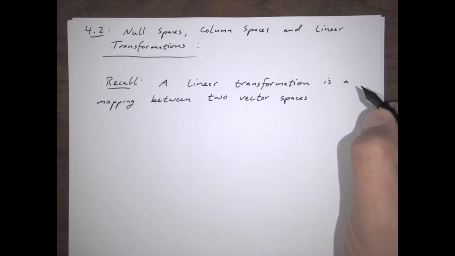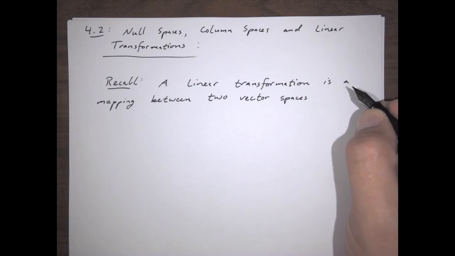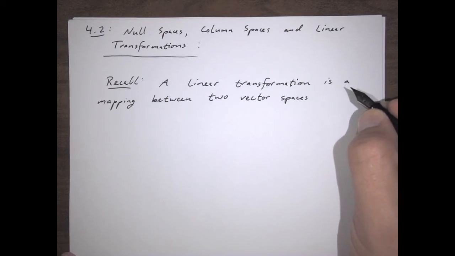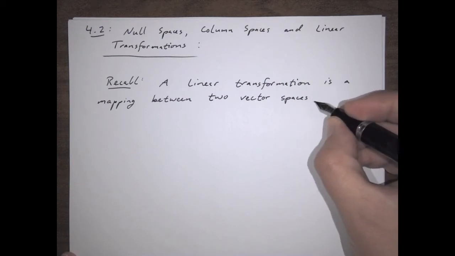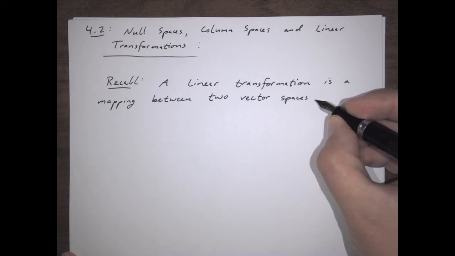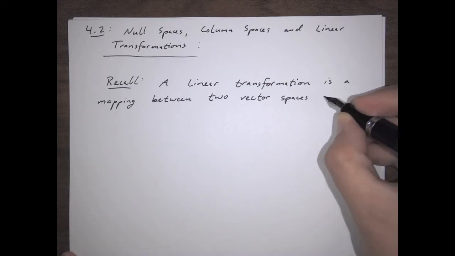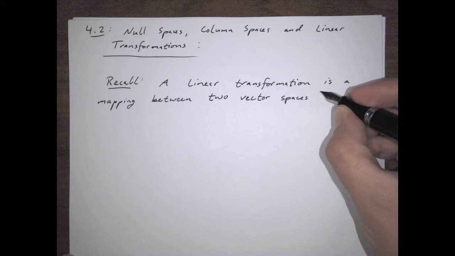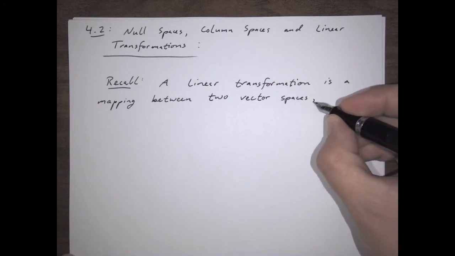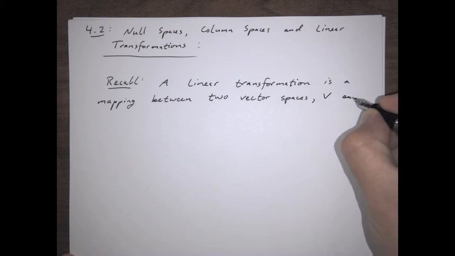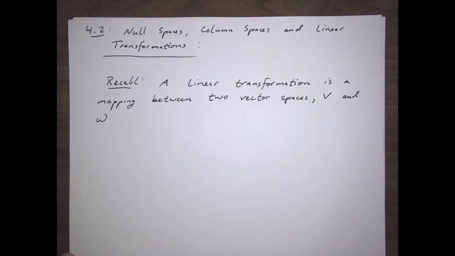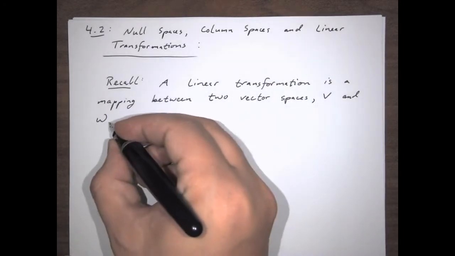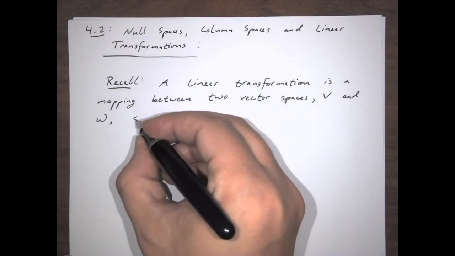Before we said Rm and Rn, but we don't necessarily need to adhere to that anymore, because now we can more specifically look at vector spaces in the abstract. So we can say V and W such that